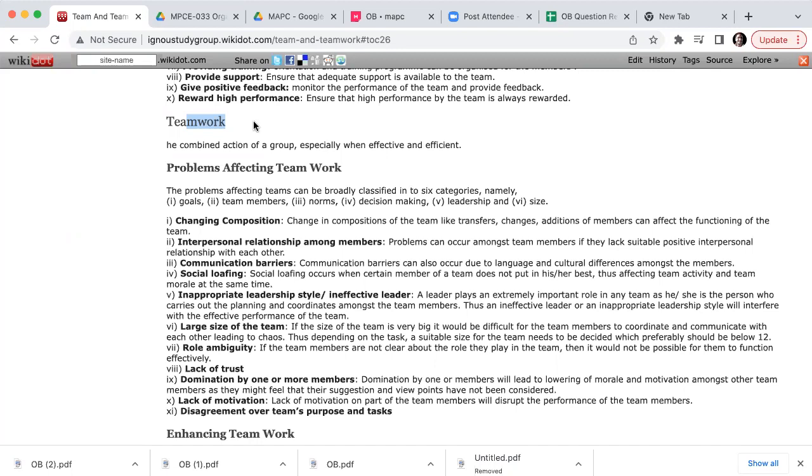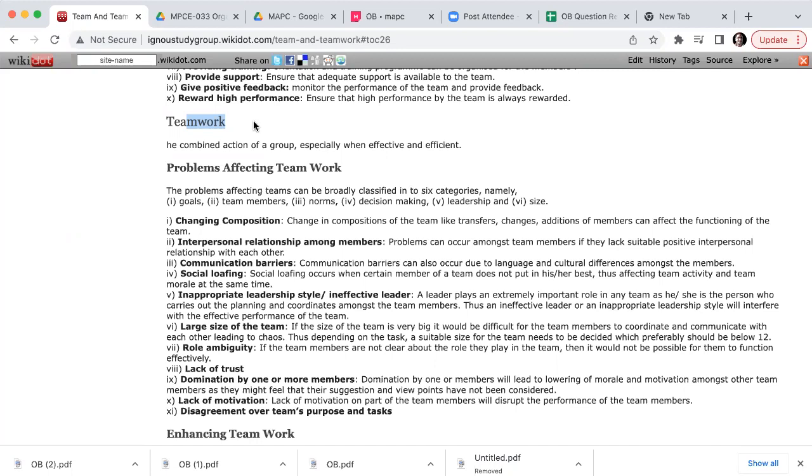categories. Category 1 is goals. For teams to get proper teamwork done, the goal might be an issue, or else the people in your team might be an issue. 3, the rules that you set for the team, saying that we are going to meet only once in a week or twice in a day or whatever it is. These rules, norms could be a problem. 4th, the overall decision making. Everybody is talking, there is no decision making that is done. That could be an issue.